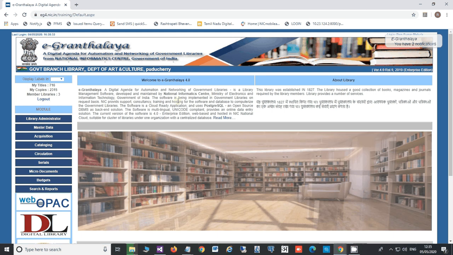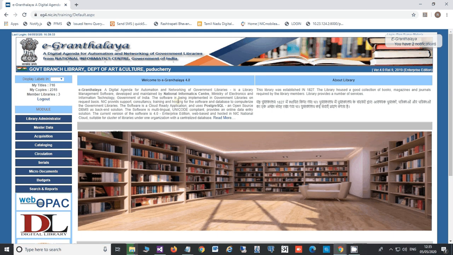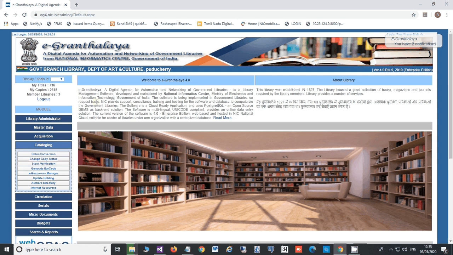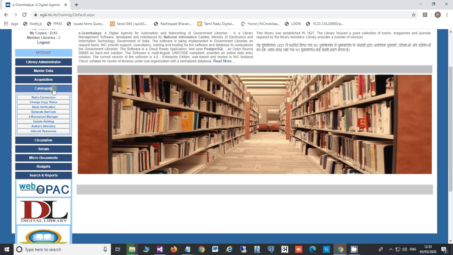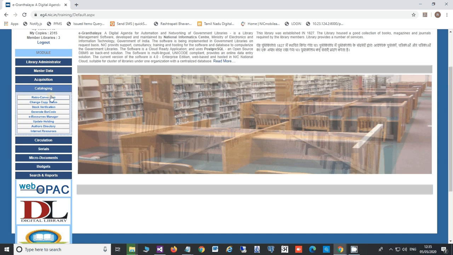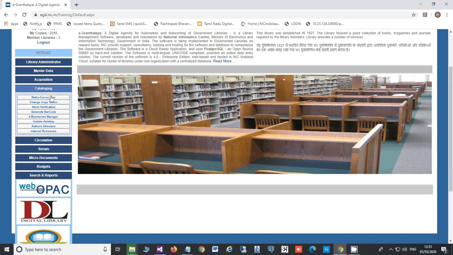As you know, the eGranthalaya cataloging module is a very important module, and most of the libraries which are using eGranthalaya 4.0 generally use this Rato conversion utility in most cases for entry of new books in the system.